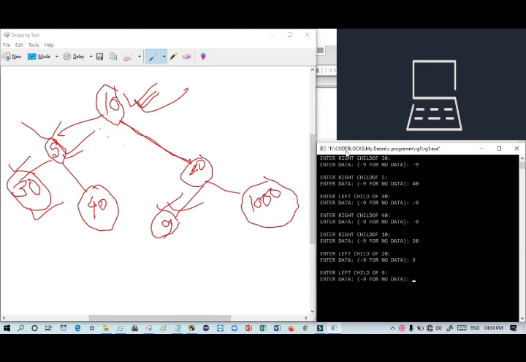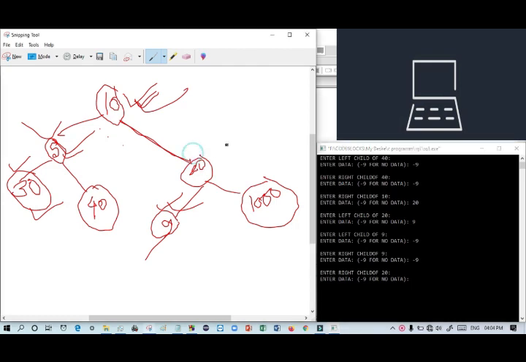After 9, as it goes serial-wise, there is no left or right child of 9, so null. It means for no data I give -9. And here there is no right child either, so it will be no data. So what you have to do is -9. Now it shows enter the right child of 20.